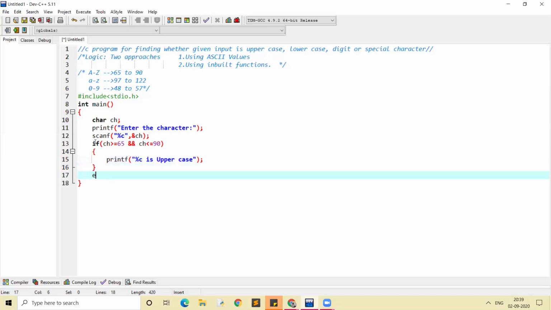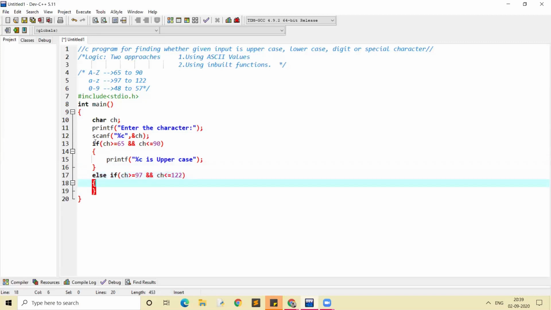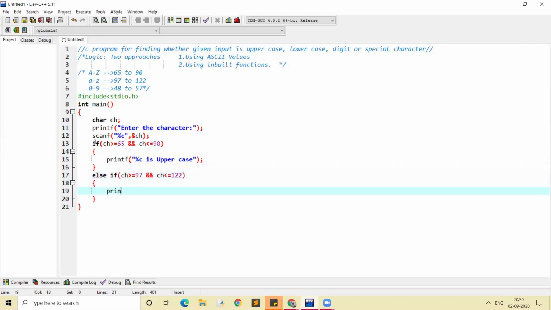Now, else if. In this, we have to give for lowercase letters. Else if ch greater than or equal to 97 and ch less than or equal to 122. If this condition is true, we will print that the %c is lowercase. Semicolon, close.